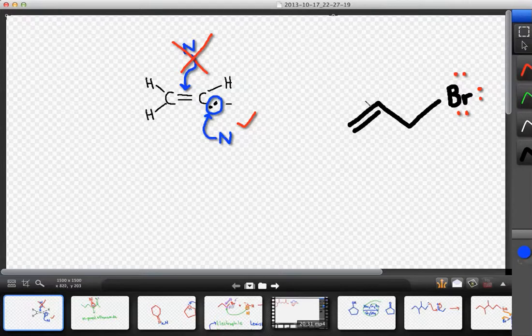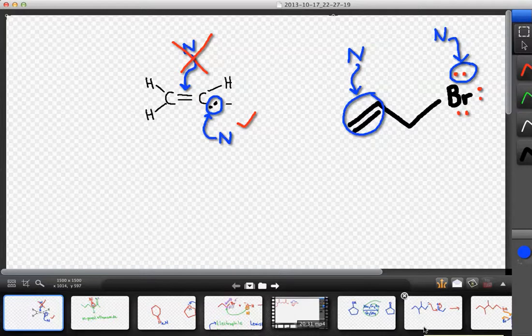So I think it's entirely permissible to circle the pi bond to indicate that this is nucleophilic, or to circle a lone pair on bromine to indicate that this is nucleophilic. If you really want to get down to brass tacks, when this undergoes the reaction with